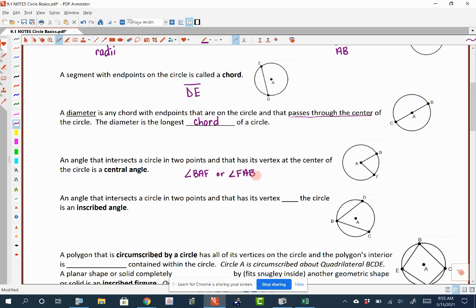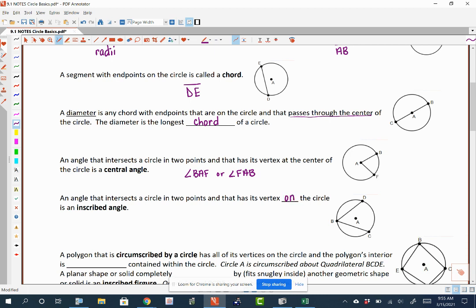As long as that vertex is in the middle, that's what matters. So if our vertex is at the center of a circle, we call this a central angle. Well, not all vertices have to be at the center. So our next definition says an angle that intersects a circle in 2 points and has its vertex on the